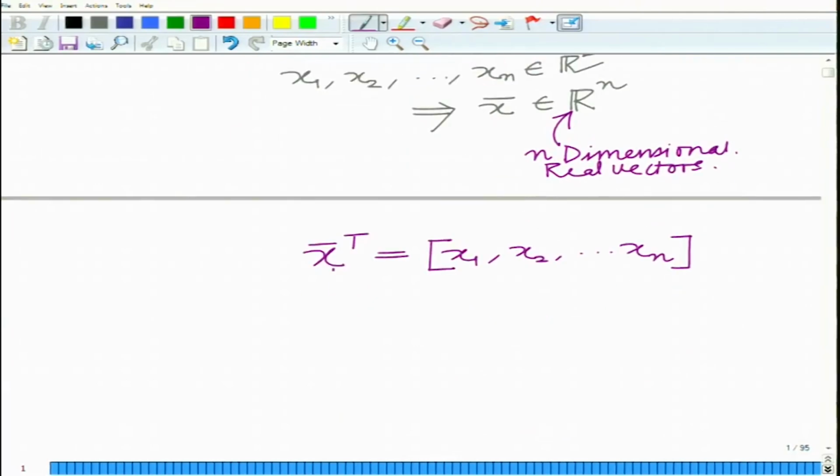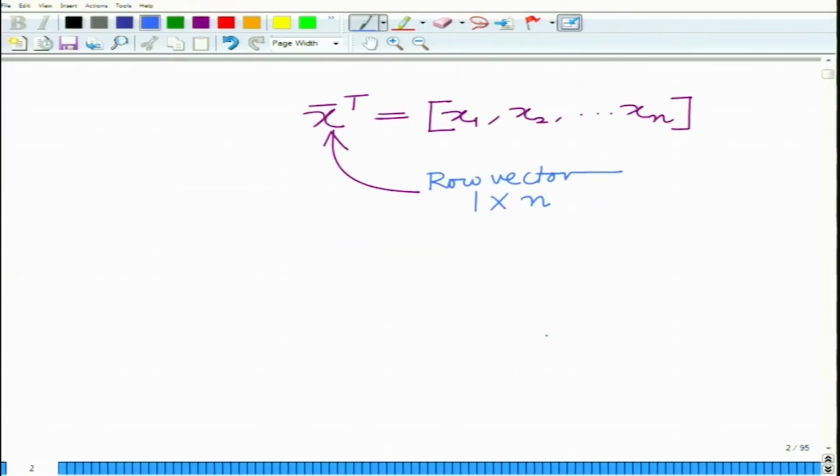Now, x bar transpose, you can see this is a row vector which is of dimension 1 cross n, that is 1 row and n columns, and further